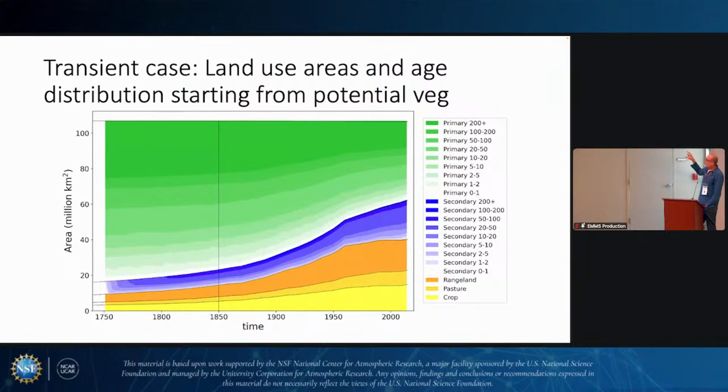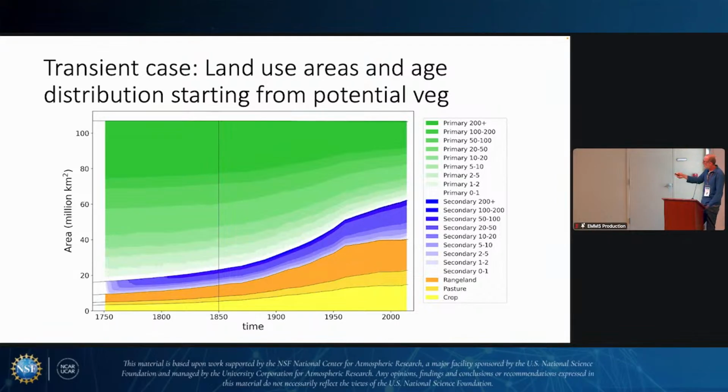But then you get this extra information, which is the age distribution of both the primary and secondary lands over time, sort of emerging through the interplay of anthropogenic and natural disturbance. So one thing you see because of this, this is the way where we impose all prior land use at the start of simulation. And what you see when you do that is that initially all the secondary land has a zero age distribution because you've just deforested all of Europe in order to create